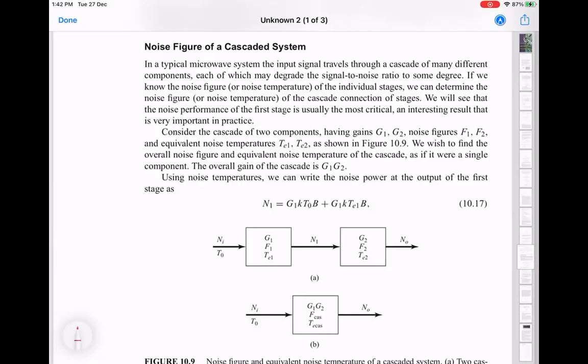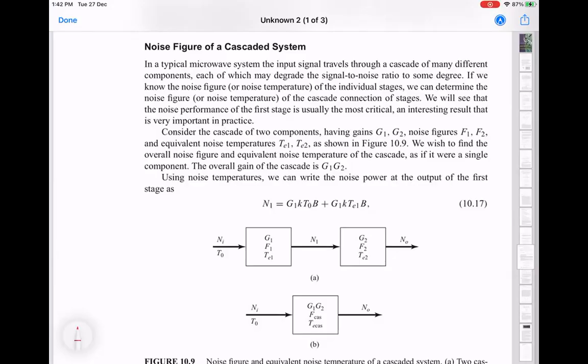If I now look at the output of the second amplifier, this noise is going as input to it. So the first term you're going to get is this multiplied by the gain of this amplifier, so you have G2 G1 K Tn1 B,